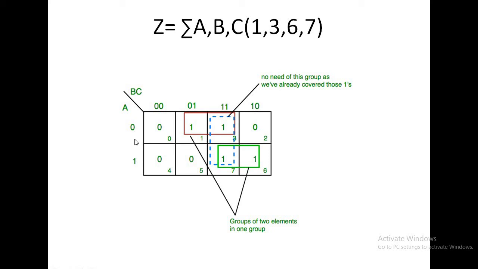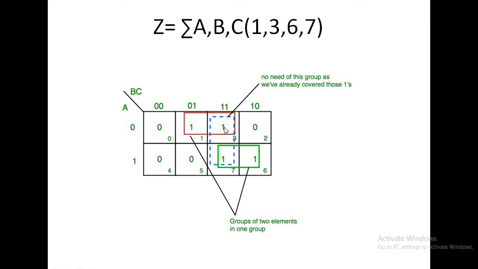Here also, 1 bit position differs, 0 and 1. Then the third step: whatever numbers are present here, put 1s there. In the 1 place, 1 is there. In the 3 place, 1 is there. In the 6 place, 1 is there. In the 7 place, 1 is there. Then form the group as large as possible.